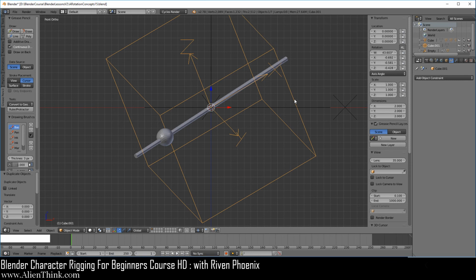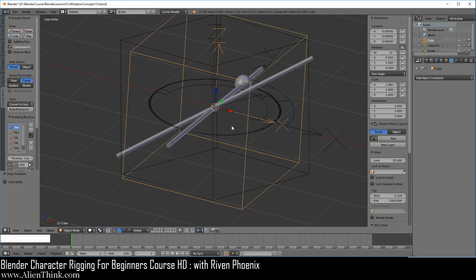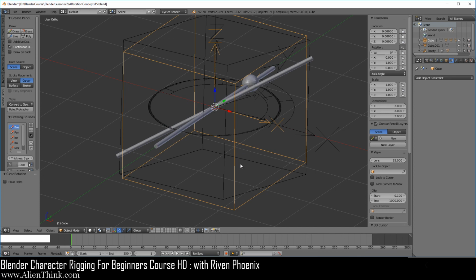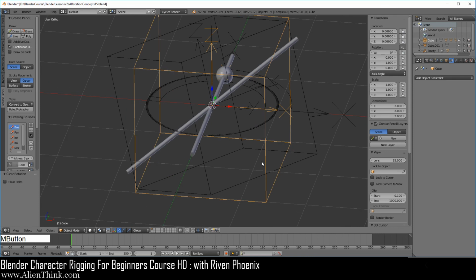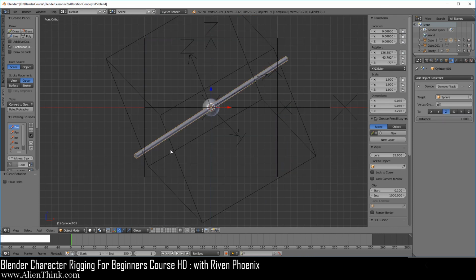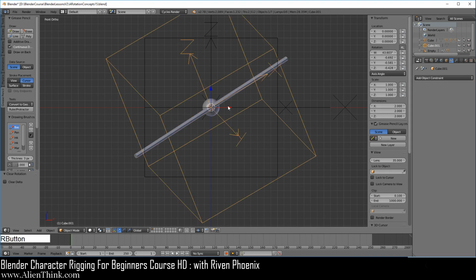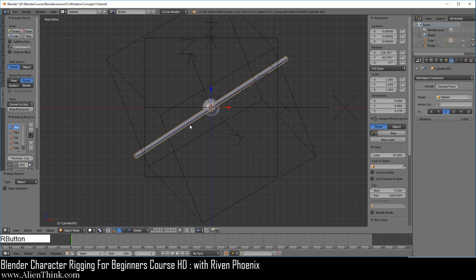Now click again on the cube until you get to the original cube and do Alt R to reset the rotation. Now if you do the middle mouse button, you can see that this cube has gone back to its original starting rotation, and this is where the pole is pointing. Now if we take a look at where we were, this is why we captured it, because we're going to click on this rotated cube, press the Shift key down, click on this pole, and do Control P to create that parent-child relationship, right? This gives us the ability to click on this pole, press the R key, press the Z key 2 times, and see how this object magically comes back.